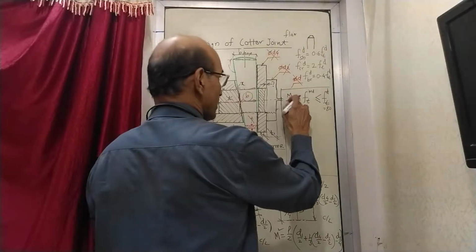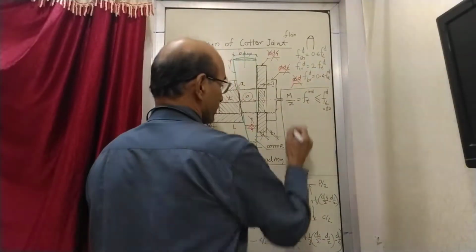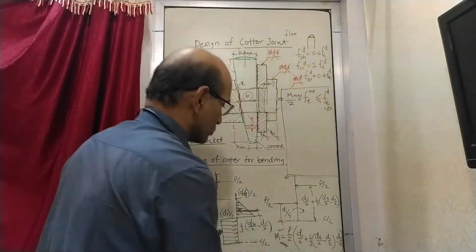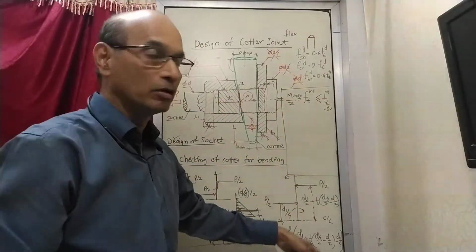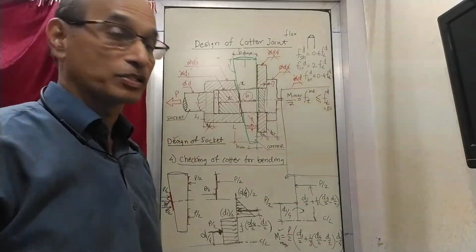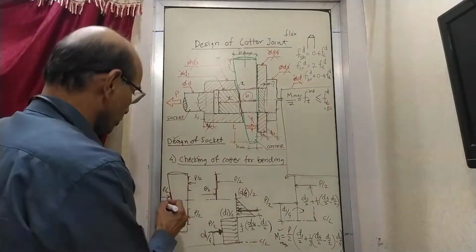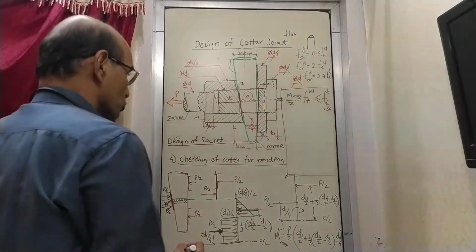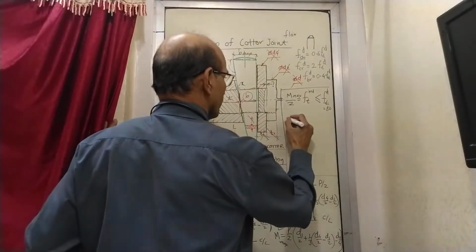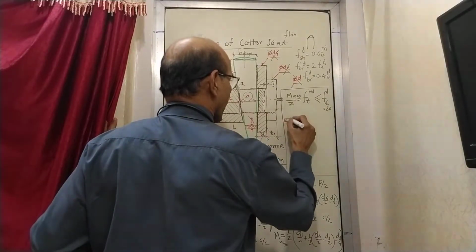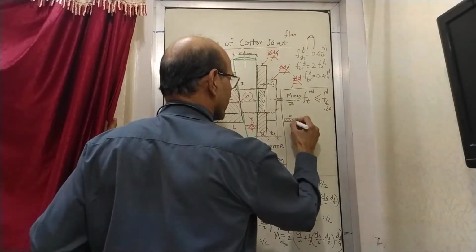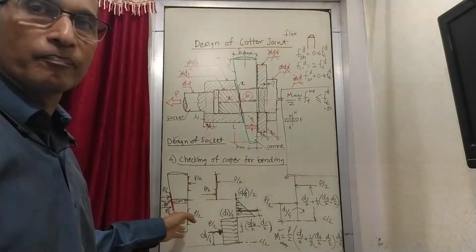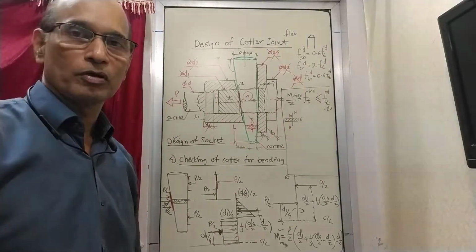Out of that, this M is this M. I'll write here M maximum. So this M is this M. We have found out. Now what is Z? Z is the section modulus of this cross section. You know the cross section is B by T. So for a cross section like this, B by T cross section, and neutral axis is here. Neutral axis is here. What is going to be the section modulus here?